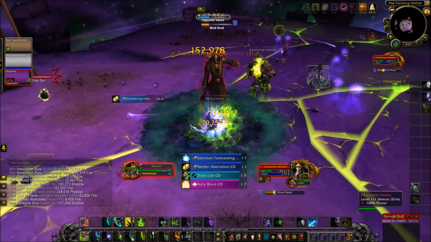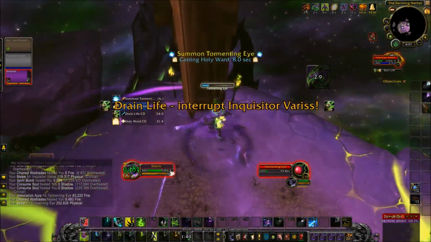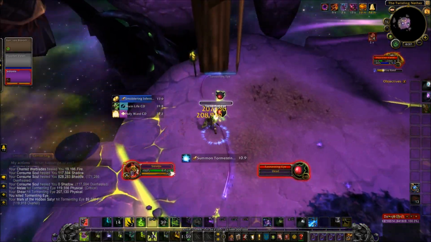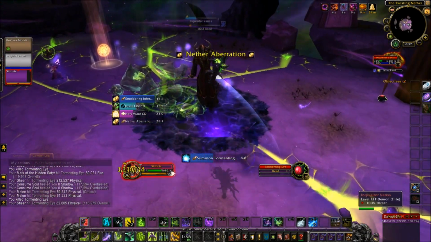You can see one of the adds is still up. It's really not a big deal if it's just one or two, it's mainly just if all four are up. Getting out of the circle, interrupting the cast, and then clearing up some of these eyes. They spawn pretty quickly, so...